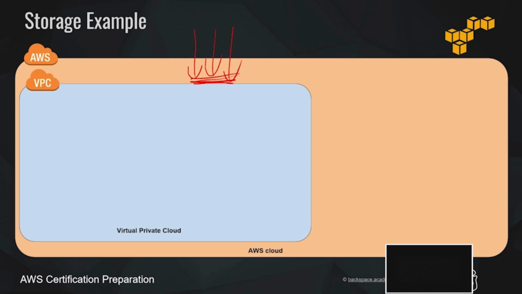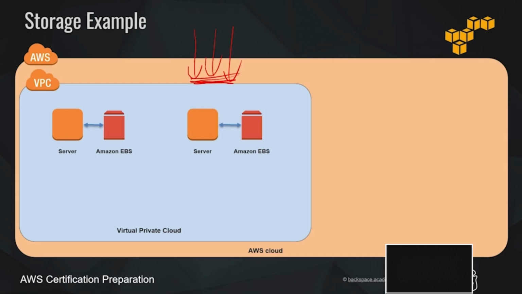So let's just say we launch 2 servers in our VPC. Now we want these servers to have access to data and somewhere to store that data. In a normal environment, you would just add a hard drive to that server. In the same way, we can attach an Amazon Elastic Block Store device to our servers. So that's great. We've now got high-speed access to our data.